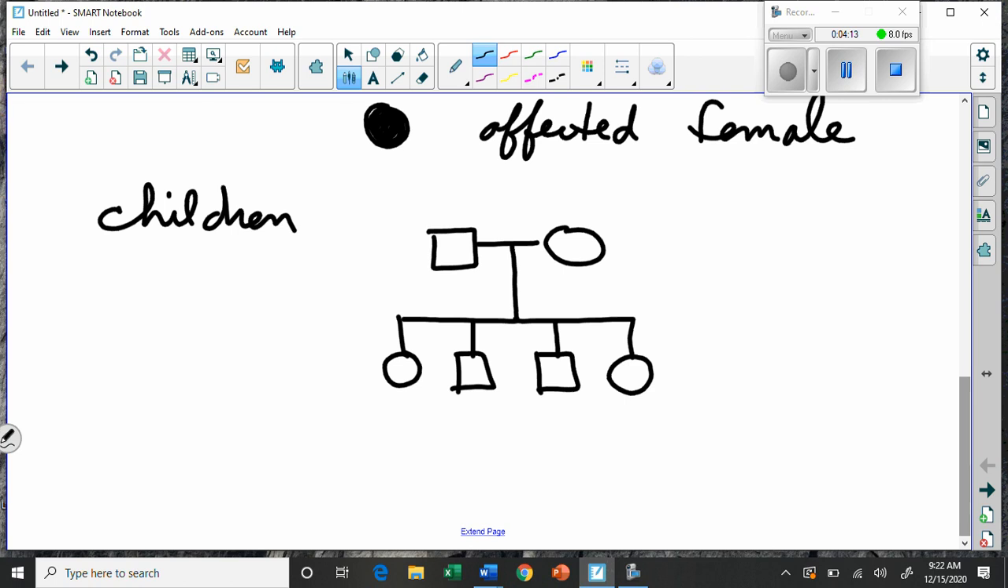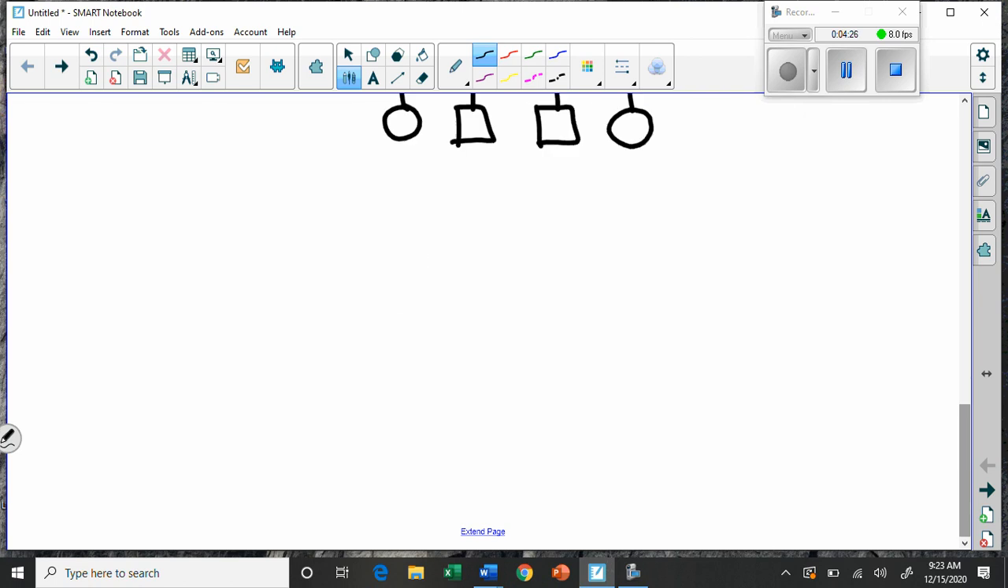Now, sometimes you can have interesting situations. Like, what if you had twins? Twins are very genetically unique, right? Well, they have the same genetic makeup if they are identical twins. So when we do twins, we have some little symbols. So if they're identical twins, right,